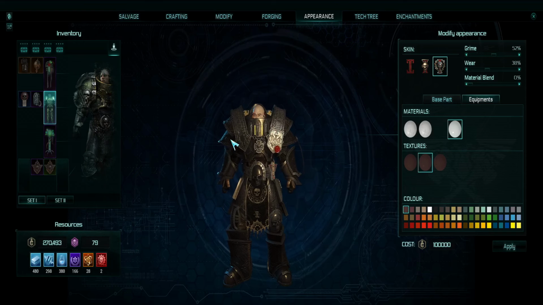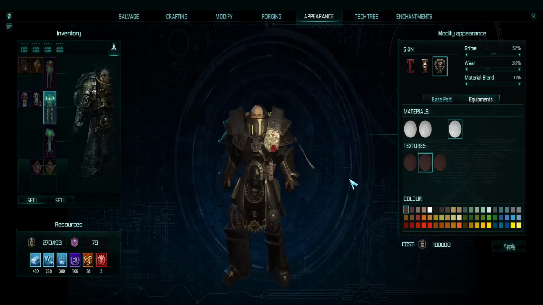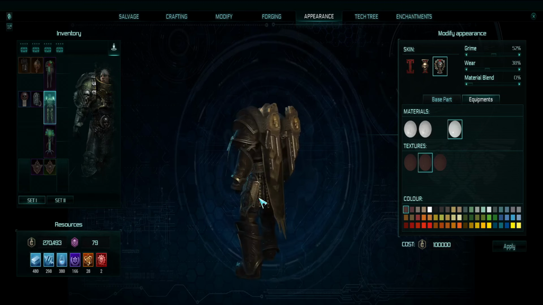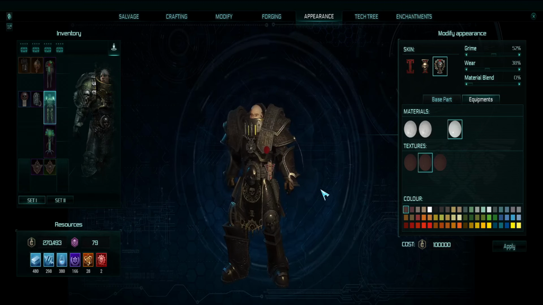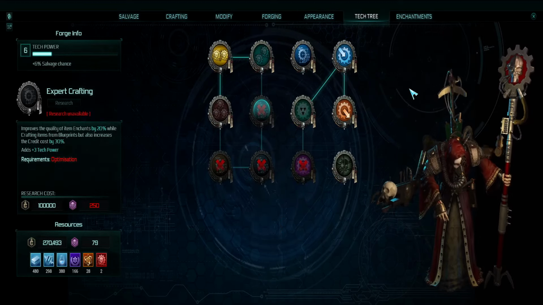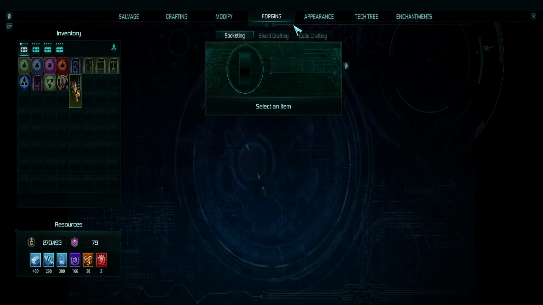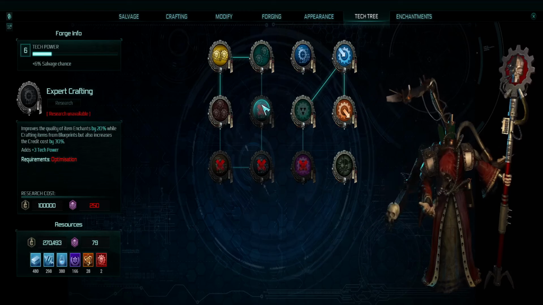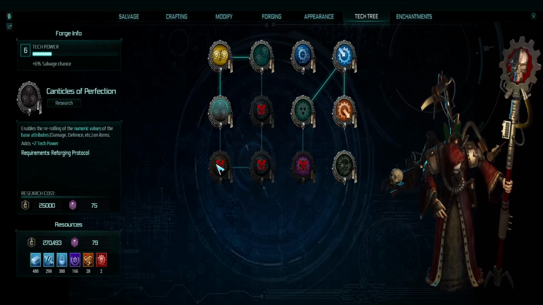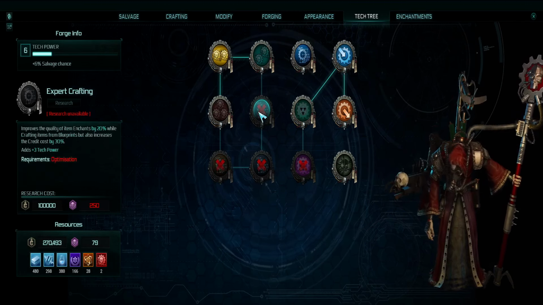But even though the appearance does change, it is the same armor, so the appearance changing is extremely low in my opinion. Now the tech tree. If I want to do my shard crafting, I need to go to the tech tree and I need to search...